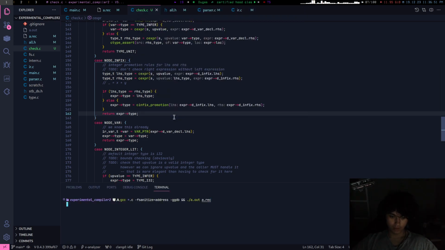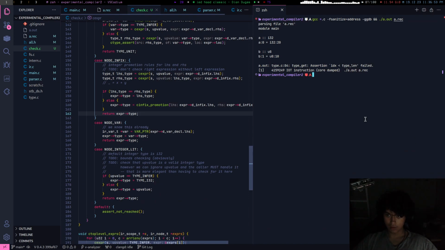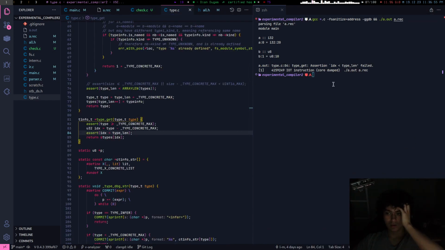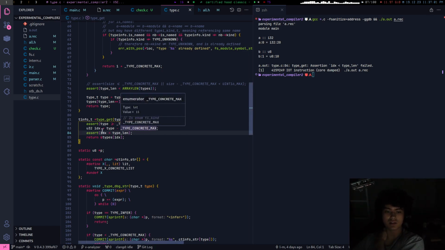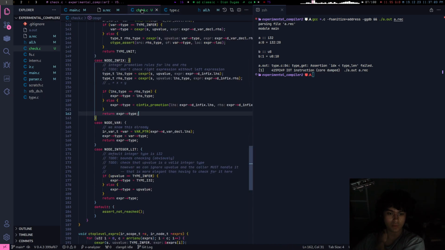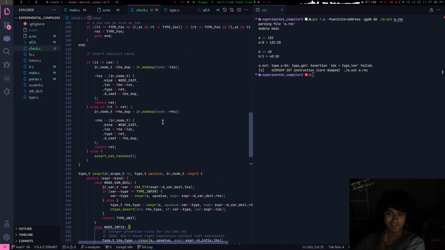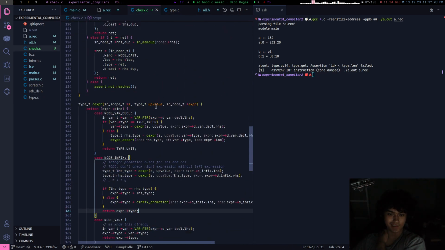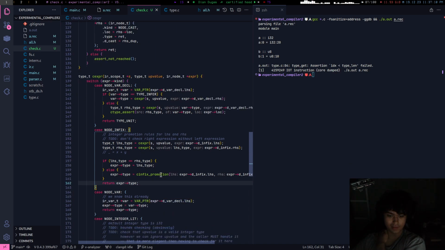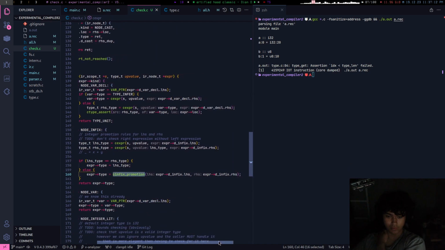I think we'll get an error though. Oh wow. Type get. IDX is less than type len. Then what is it? What am I returning? Oh no. Okay, see infix promotion.